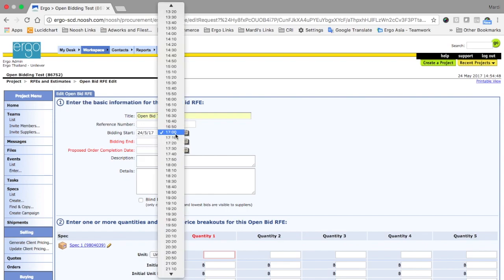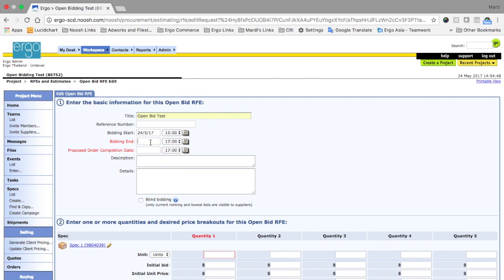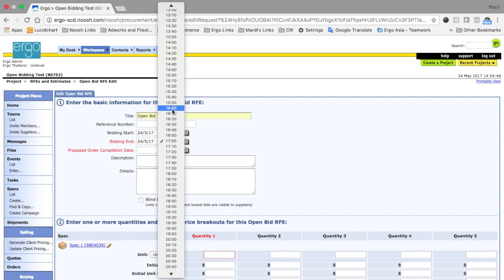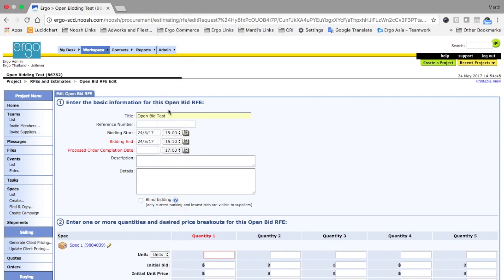Now this can be anywhere up to a week from now. For the purposes of the demo, I'm going to give this a really short time frame, but I could set this to start up to a week from now. And what will happen is that the suppliers will get a notification that there is an auction there. They'll be able to go in and view the specifications and actually prepare for the auction prior to the actual